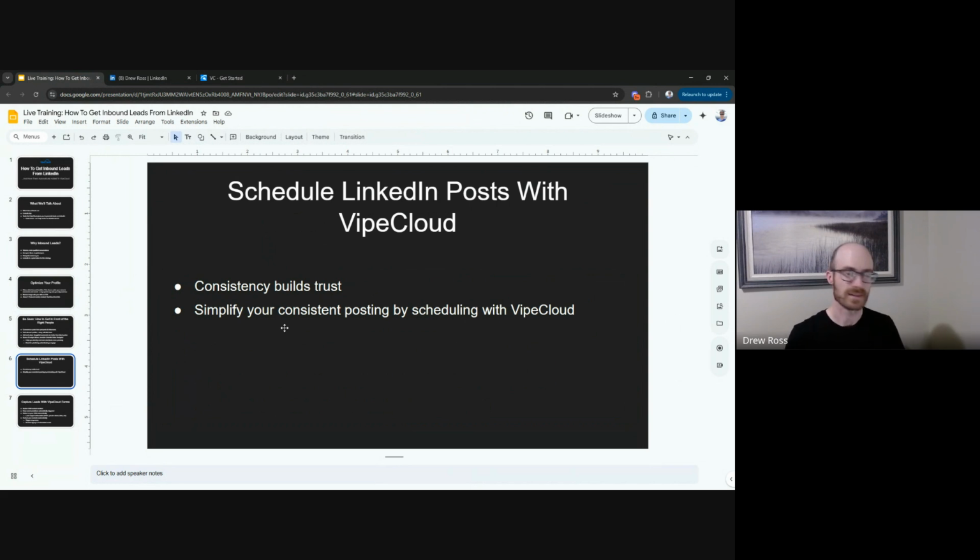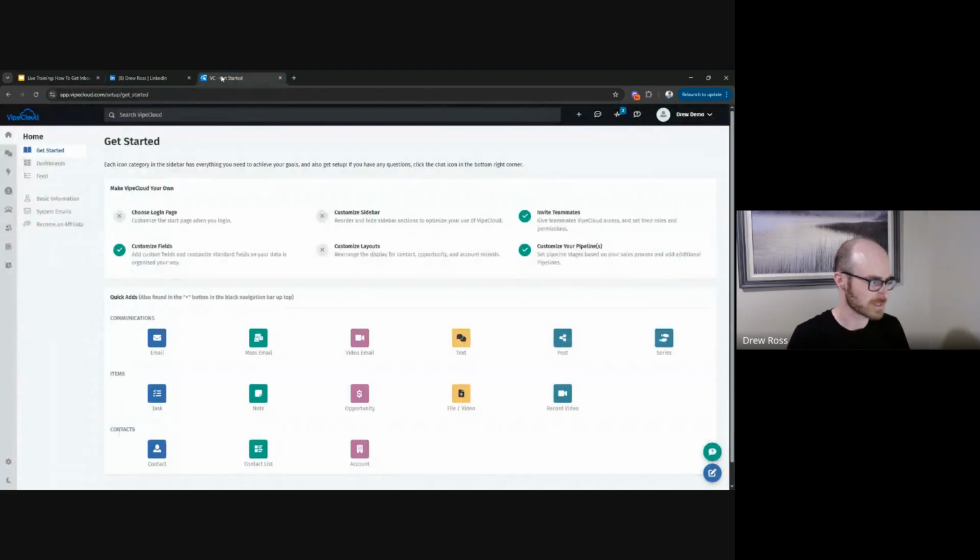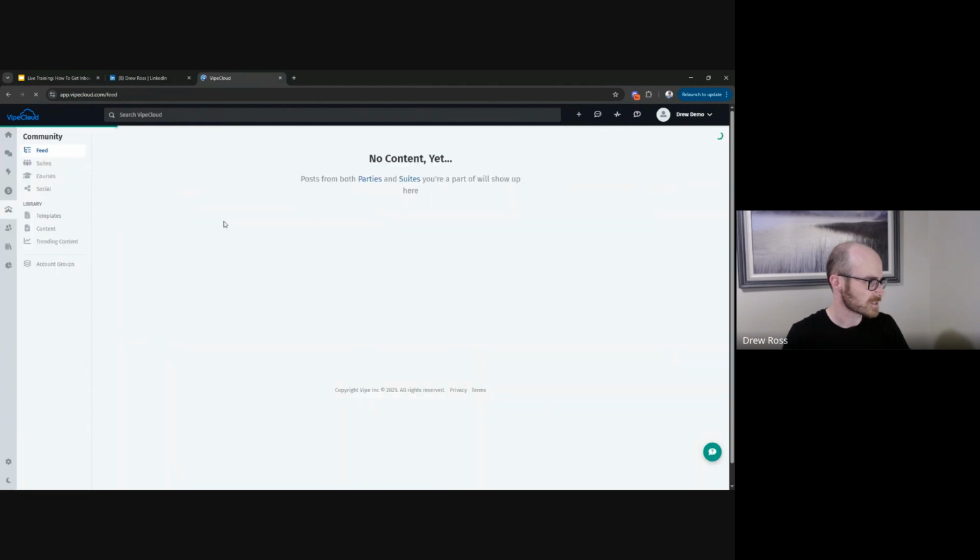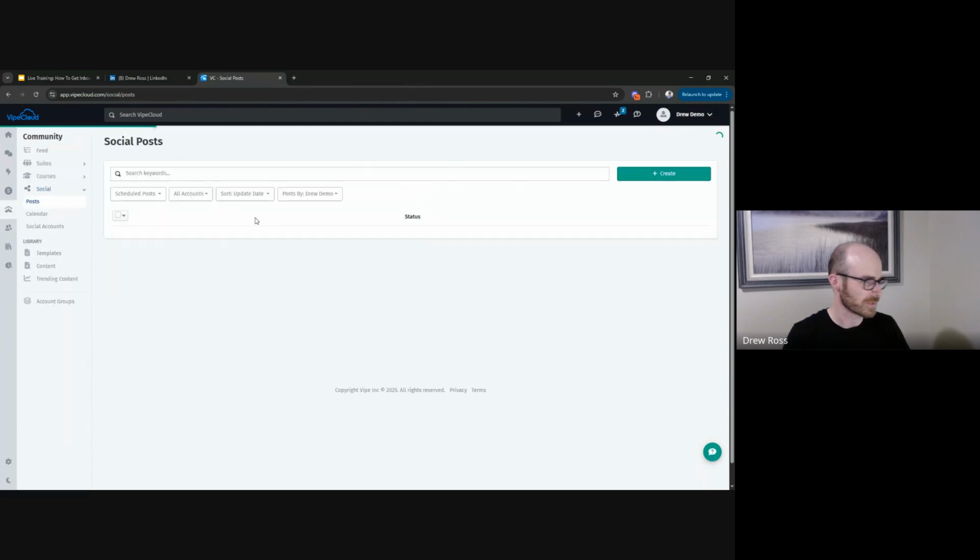Also, you can create a post for LinkedIn, but also share it to Facebook or something like that too. It's just as much work to post to one platform as another when you're using VibeCloud. And so what this looks like is when you go into our platform, we've got a community section right here where we've got posts, and you can create a new social post